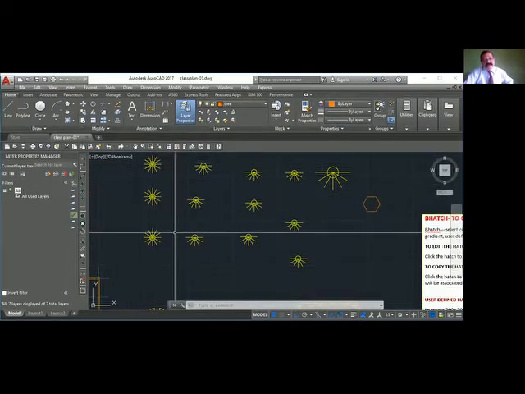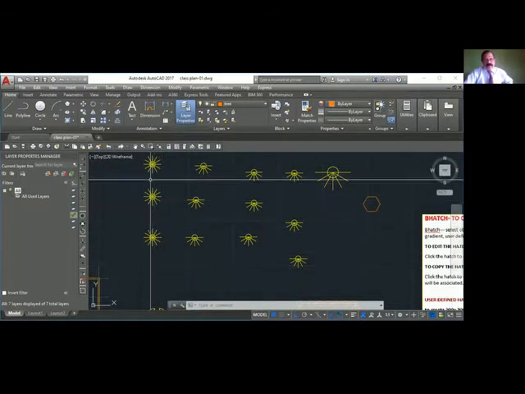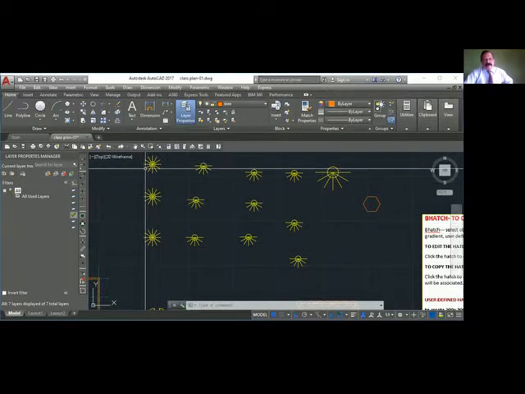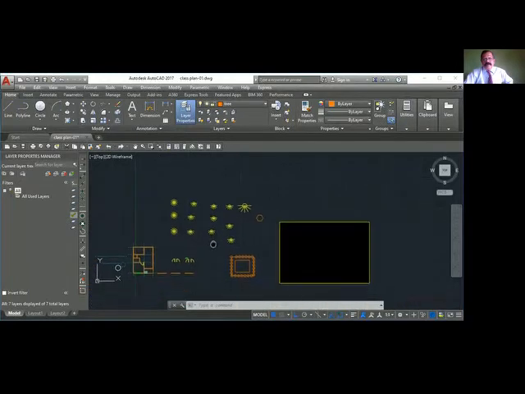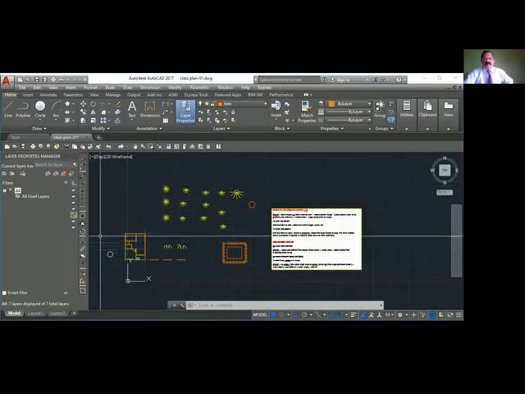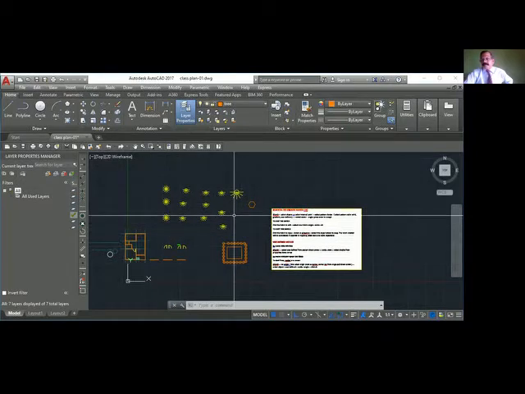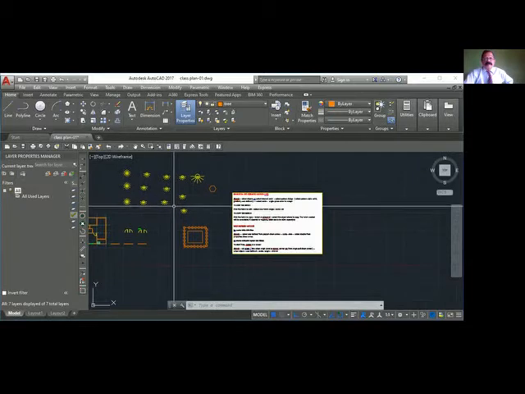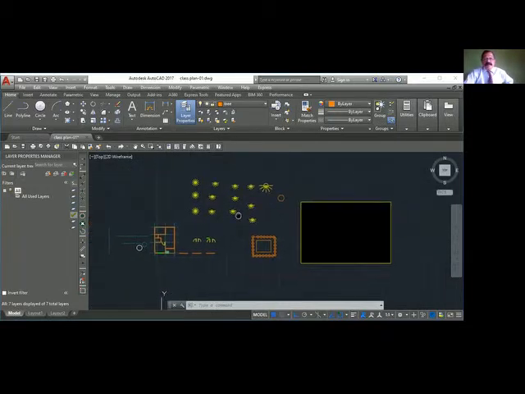Okay, so this is one solution. Otherwise, you erase and make a new one. If you want to keep it there as a block, you erase this and put the new block there. Okay, so this is important. When you explode, it will lose the property of the block. Okay, let us move on to the next command. Is it clear, everyone?